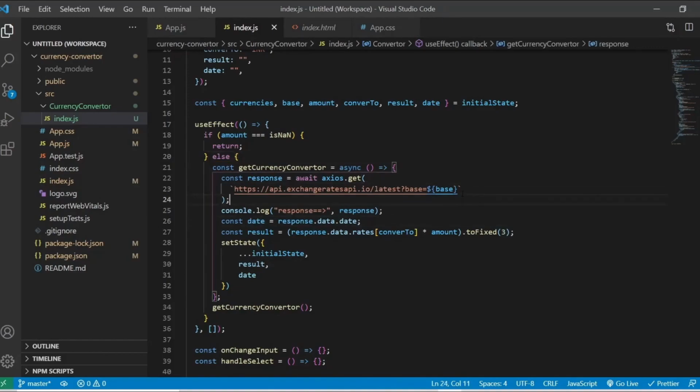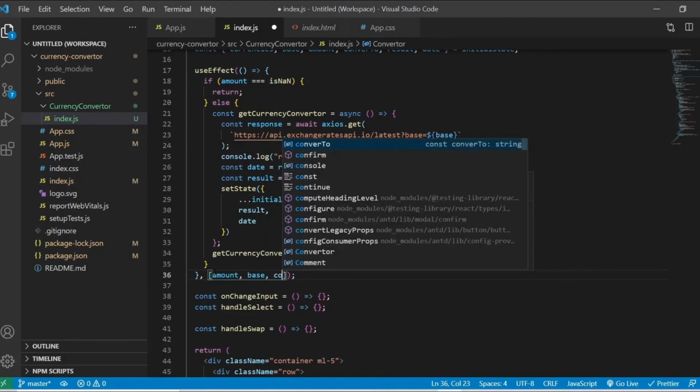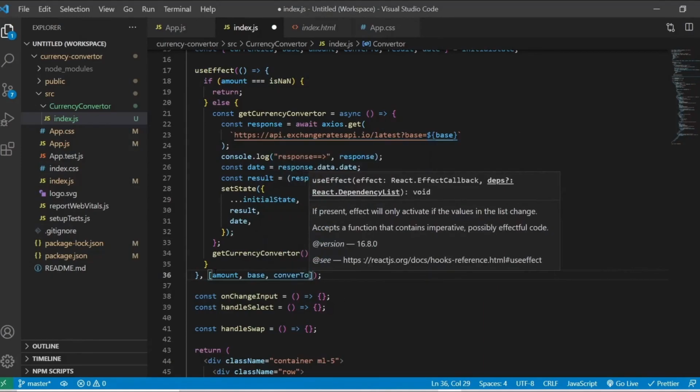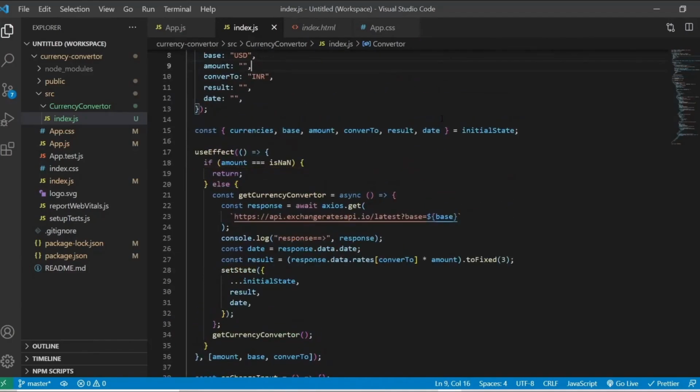And this will be the date actually, not response. Sorry for that. So we got that date and we got a result. Both things we got here, and we have updated only the result and date, and I'm passing the dependencies here: amount, base, and convertTo.